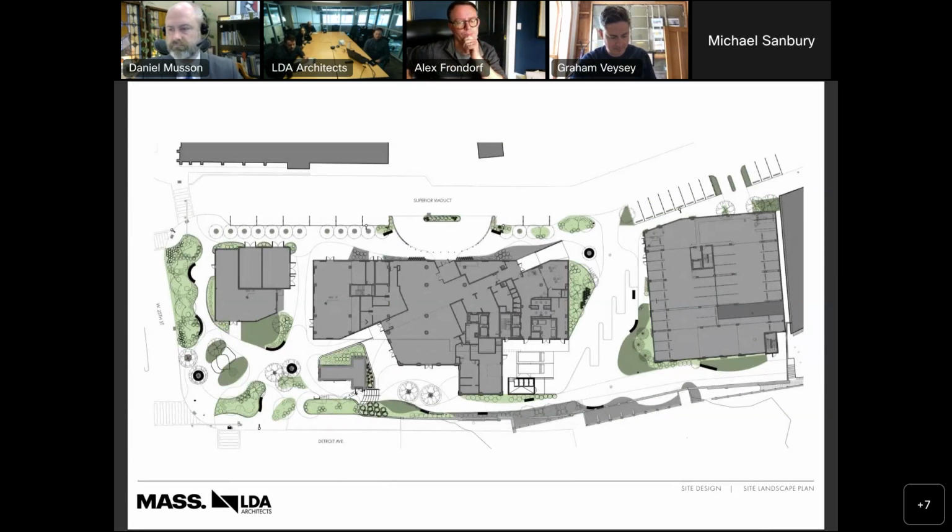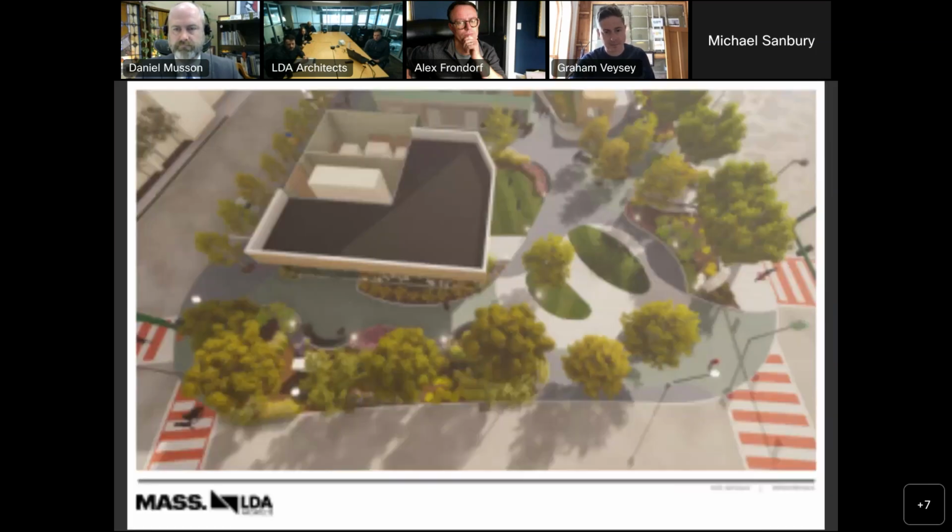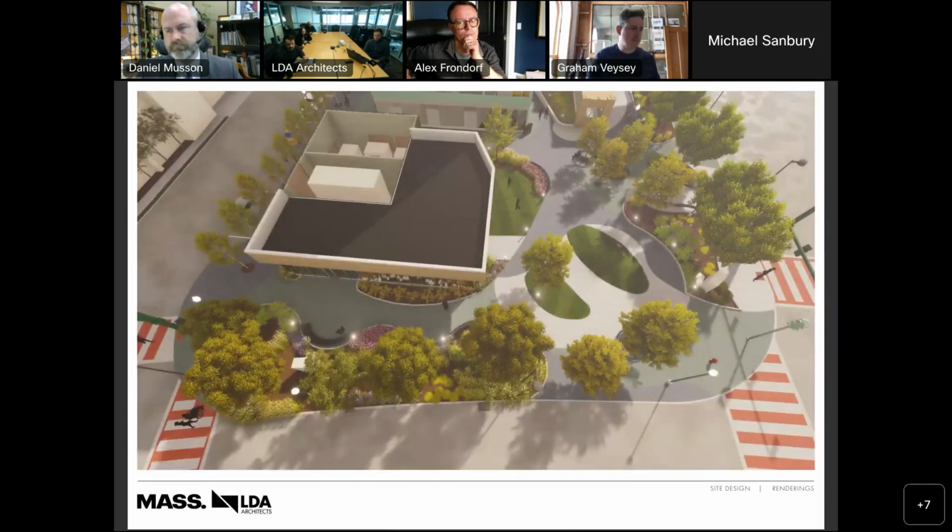And then this is just the overlay of the landscape plants on top of the site plan. Next slide, please. Then we can kind of flip to these. These are the renderings of the site plan and the garage. So this is off of West 25th Street with Vermont to the left, Viaduct to the left, and then Detroit to the right. Next slide, please.